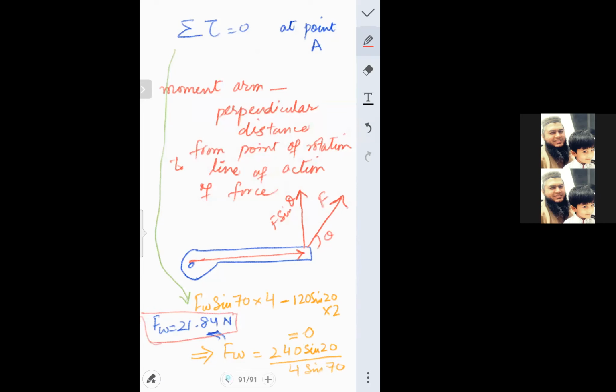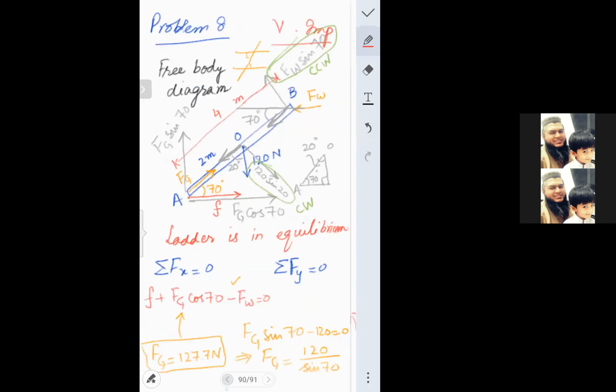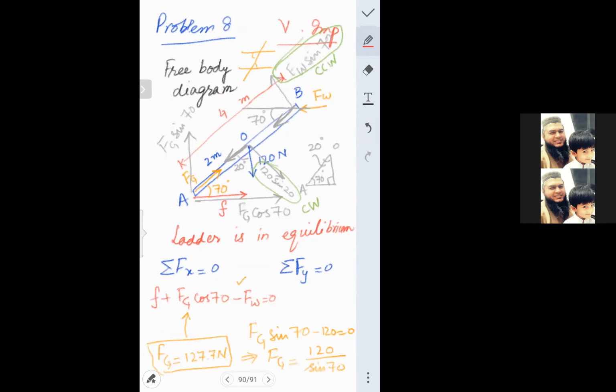So we have found both the reaction forces. If we are not asked to find the friction, fine, but if we are asked to find the force of friction, then this will be equation 1 and we'll put both the values in equation